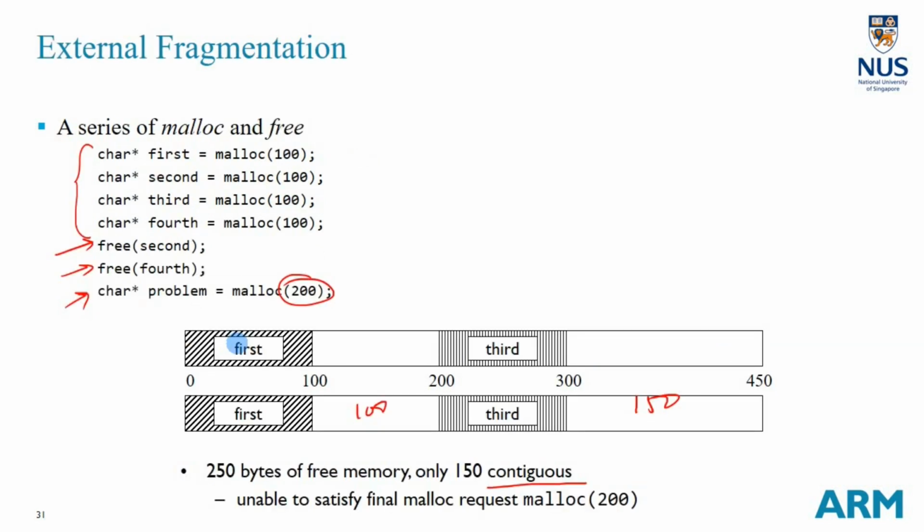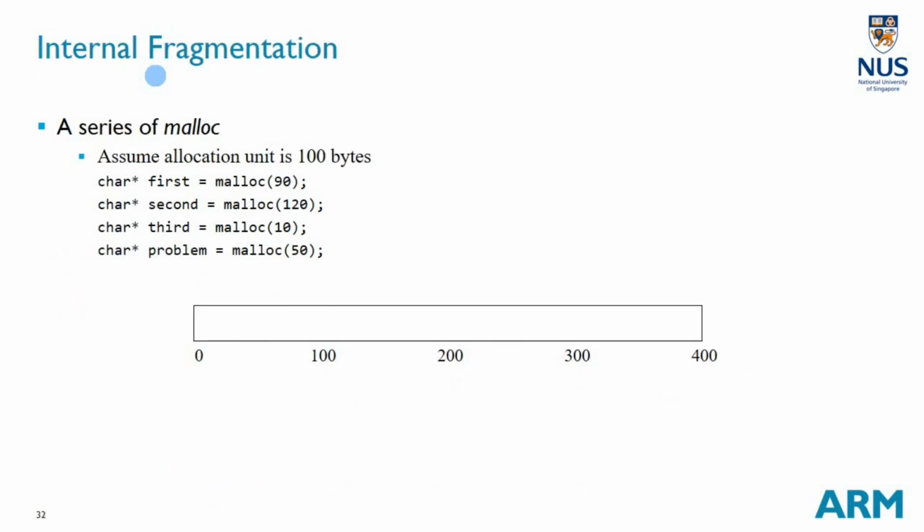Okay, so that was external fragmentation. In external fragmentation, what you saw is I have the ability to allocate different sizes of data, and because of that, when I want bigger data, I may not be able to get the continuous block that I want. The other option is, why don't I allocate fixed chunks of